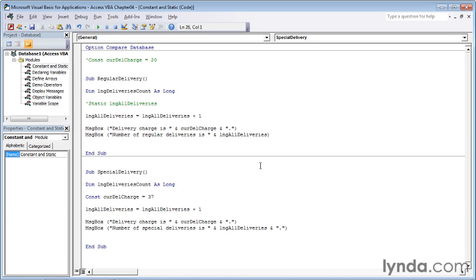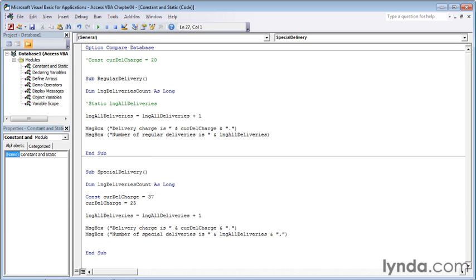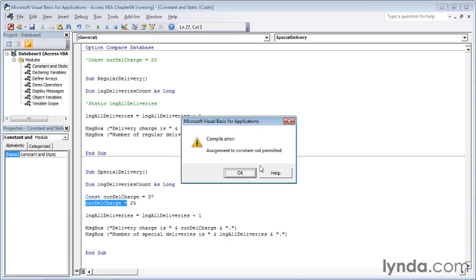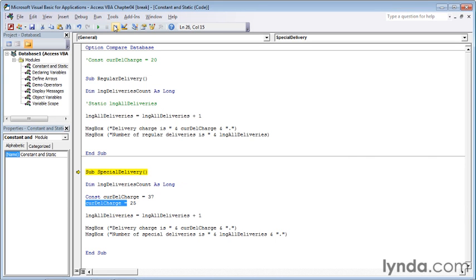And click OK again. Once you assign a variable as a constant, you can't change its value. So let me type in CURDEL charge and then equal and make it say 25 and press enter. Now when I press F5 to run the code, Access indicates that you cannot assign a value to a constant. So click the OK button, click the reset button to get out of editing mode, and then delete the line I just typed in. Now let's see what happens if I add the comment indicator back to that constant declaration line. So I'll just click here to the left of the CONST keyword and type a single quote, which indicates